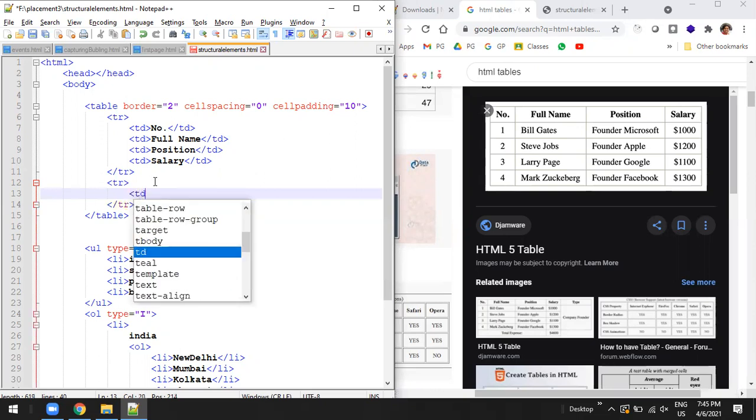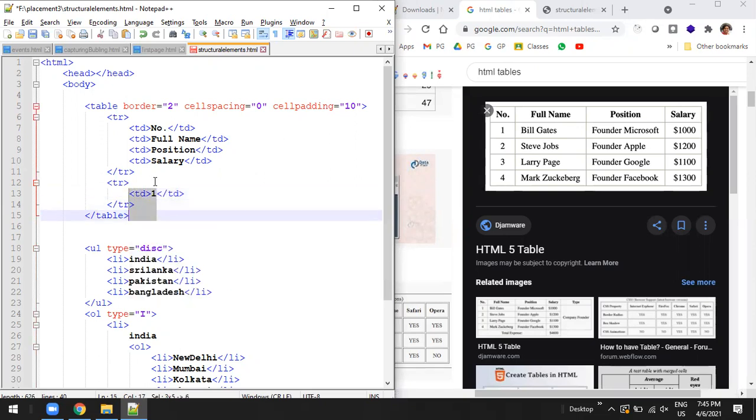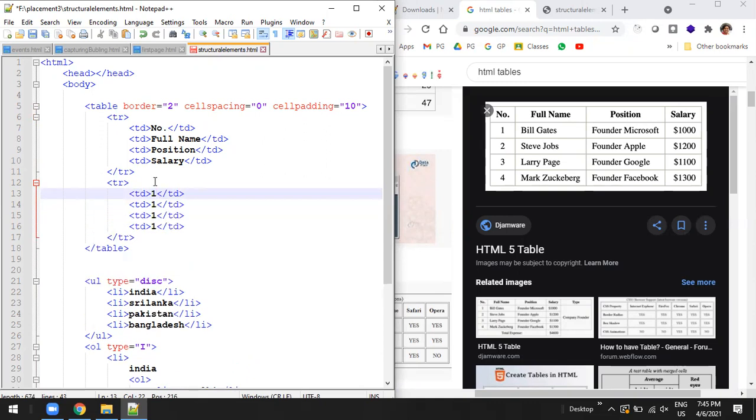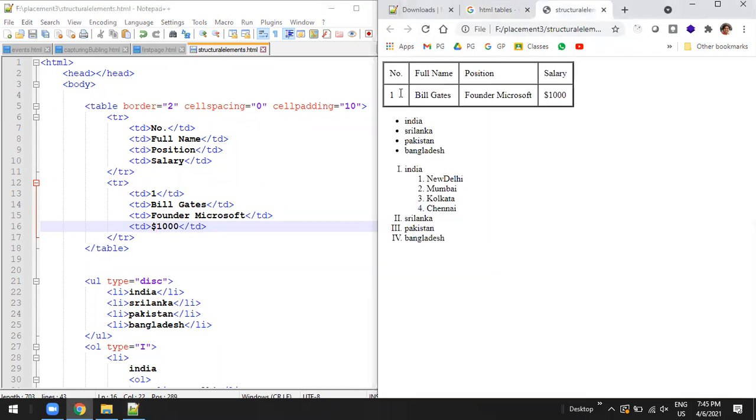That can be done by TD: 1, Bill Gates, founder, Microsoft, and the last $1,000. Okay, now save it, and automatically you will see one, Bill Gates, founder, and $1,000.